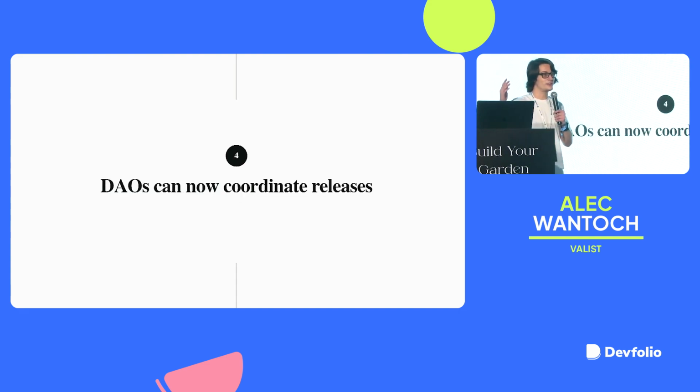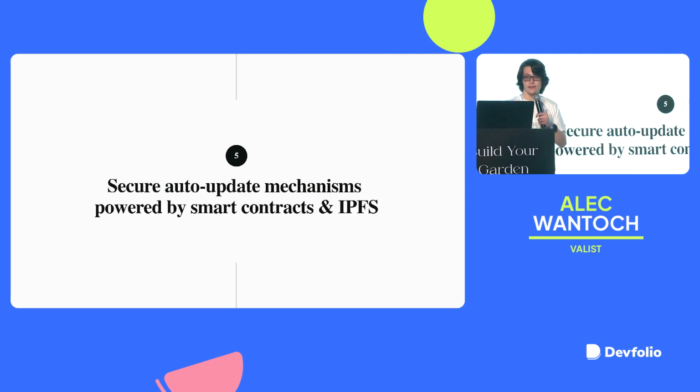And like I mentioned as well, DAOs can coordinate releases, organizations can coordinate releases in various ways and add different levels of security there. And then we could do really, really cool stuff like creating an auto update system powered by smart contracts and IPFS. So for even use cases like critical infrastructure, you can imagine that these things could be updated whenever you push an update. The rest of the devices can actually pull that update from each other since it's all decentralized storage and CDN from that. And so, yeah, it's again a more advanced way to deploy auto updates to your infrastructure, regardless of what type of platform it is.